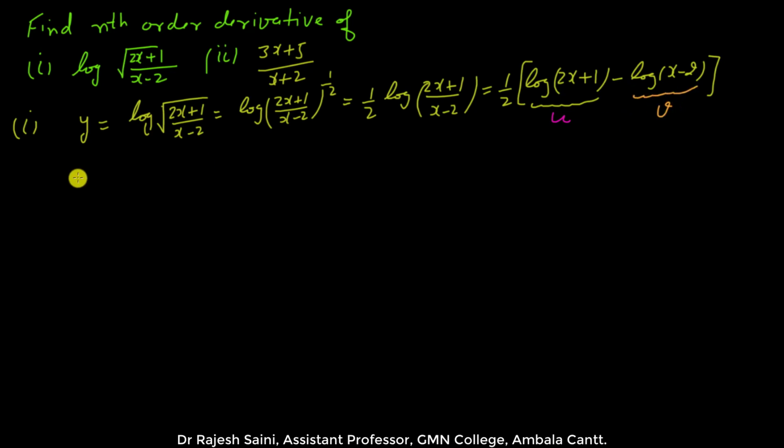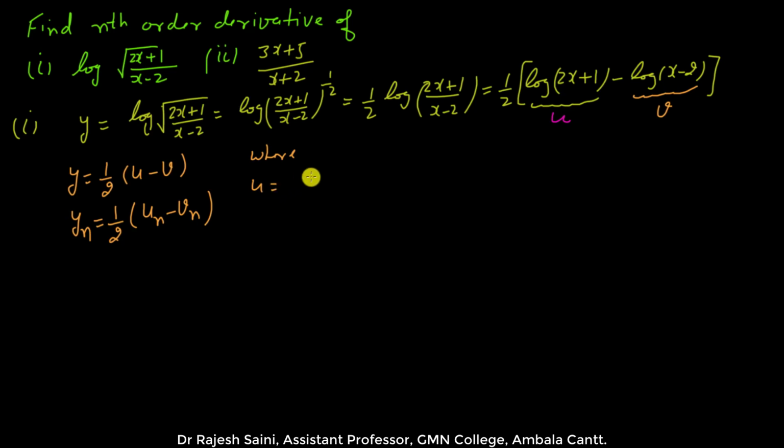It will be y is equal to 1 by 2 (u minus v). Whenever we do nth differentiation of y, it will be nth differentiation of u minus nth differentiation of v. So if I write, yn is equal to 1 by 2 (un minus vn), where